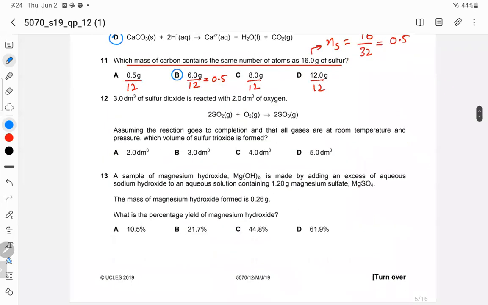Now question number 12. 3 dm cube of sulfur dioxide is reacted with 2 dm cube of oxygen. Assuming the reaction goes to completion and that all gases are at room temperature and pressure, which volume of sulfur trioxide is formed? So the easiest way to convert them into